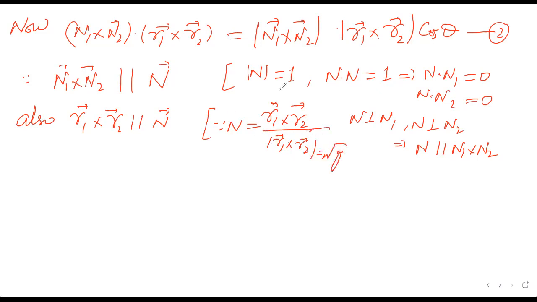It means n is parallel to this. n क्या है? Some scalar times of some vector. It means what? n is parallel to r1 cross r2. So if these are parallel, तो इसके बीच में एंगल कितना हो गया? How much? 0, है ना? Angle is how much? 0. Both are parallel. So it means what? So you got B is